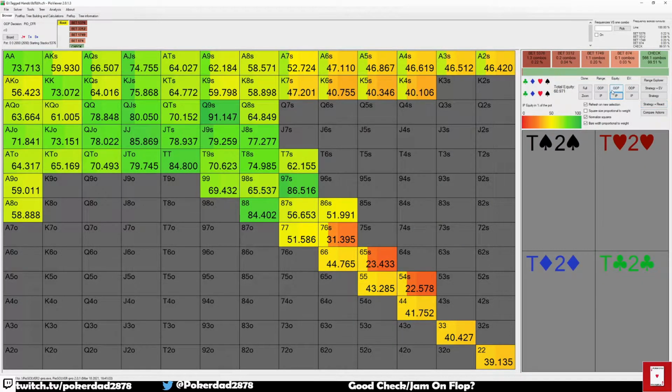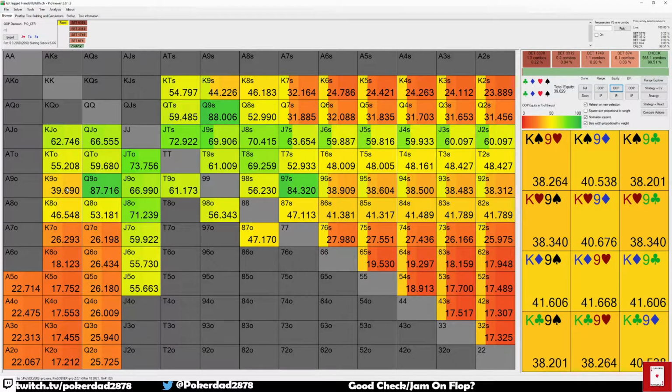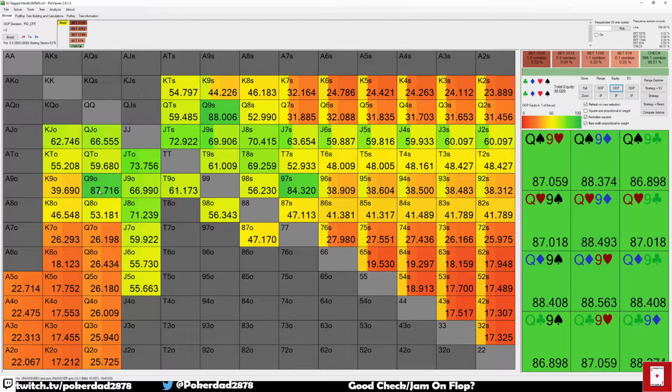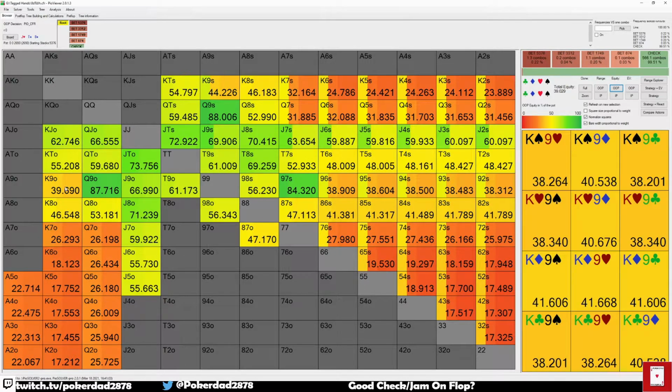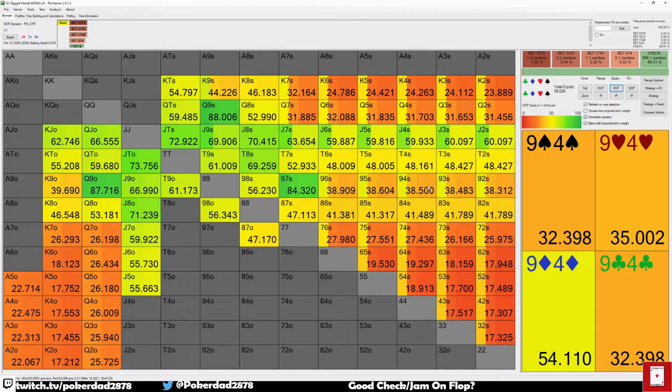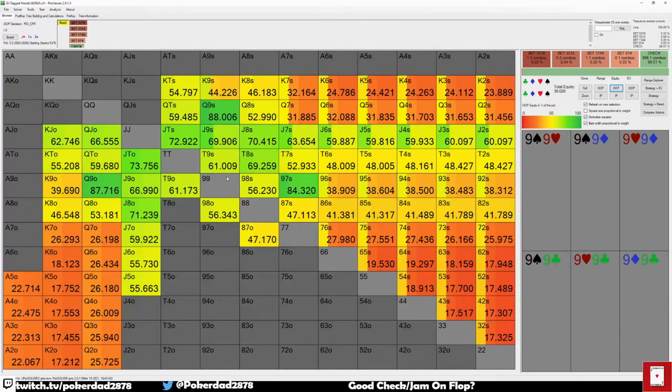maybe like king 9. King 9, which is doing a little bit better, might also be a hand that we can jam if we wanted to jam a gut shot. But this is like an open ender. But this actually might be a jam also, the 9s here, at least the king 9 more so than the weaker 9s. Because the non-diamond hands still have like 38% equity, where here, I guess this is a comparison,